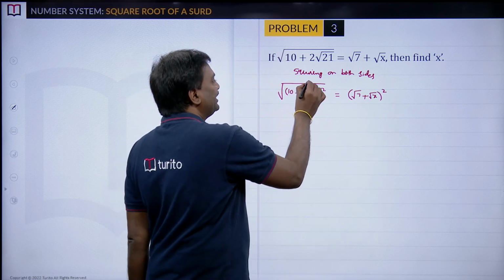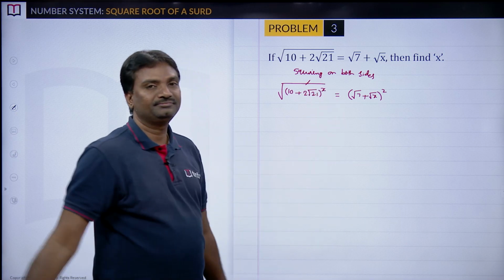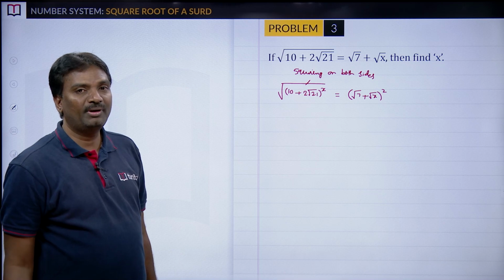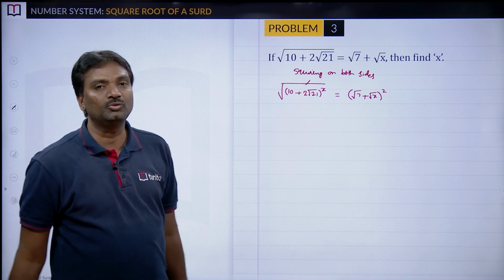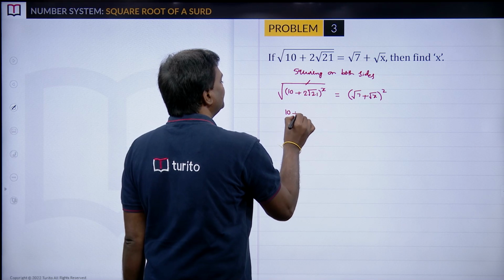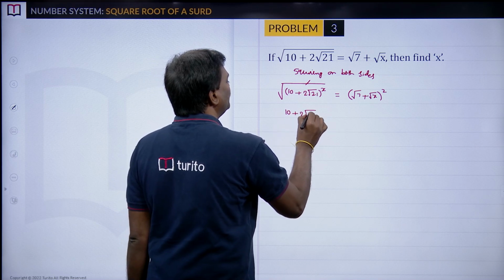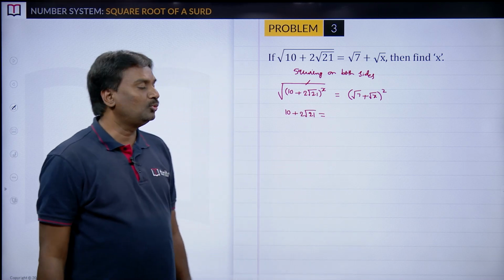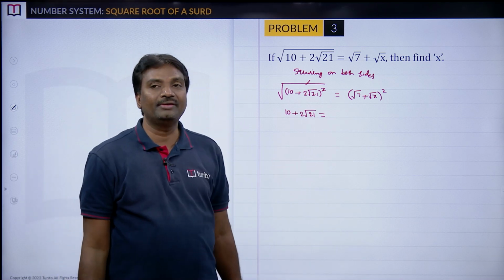In LHS we can cancel square root and square. Why? Square root means power 1 by 2. So power 1 by 2 means 2 into 1 by 2, 2 get cancelled. We have 10 plus 2 into root 21 equal to RHS root 7 plus root x whole square,